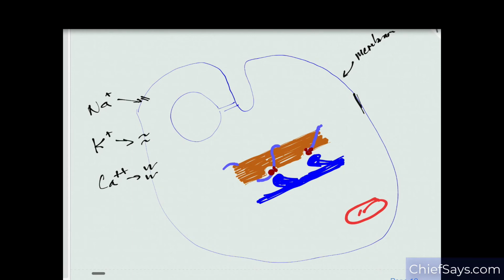We also have the sodium-potassium pump, so draw that something like that. And that pump is going to pump out sodium and pump in potassium at an unequal rate. So usually each pump stroke is going to be 3 to 2, 3 sodium to 2 potassium. Now we have receptor sites too that are attached to some of our channels, and the receptor sites will allow for the receipt of neural conduction that tells the cell to do something